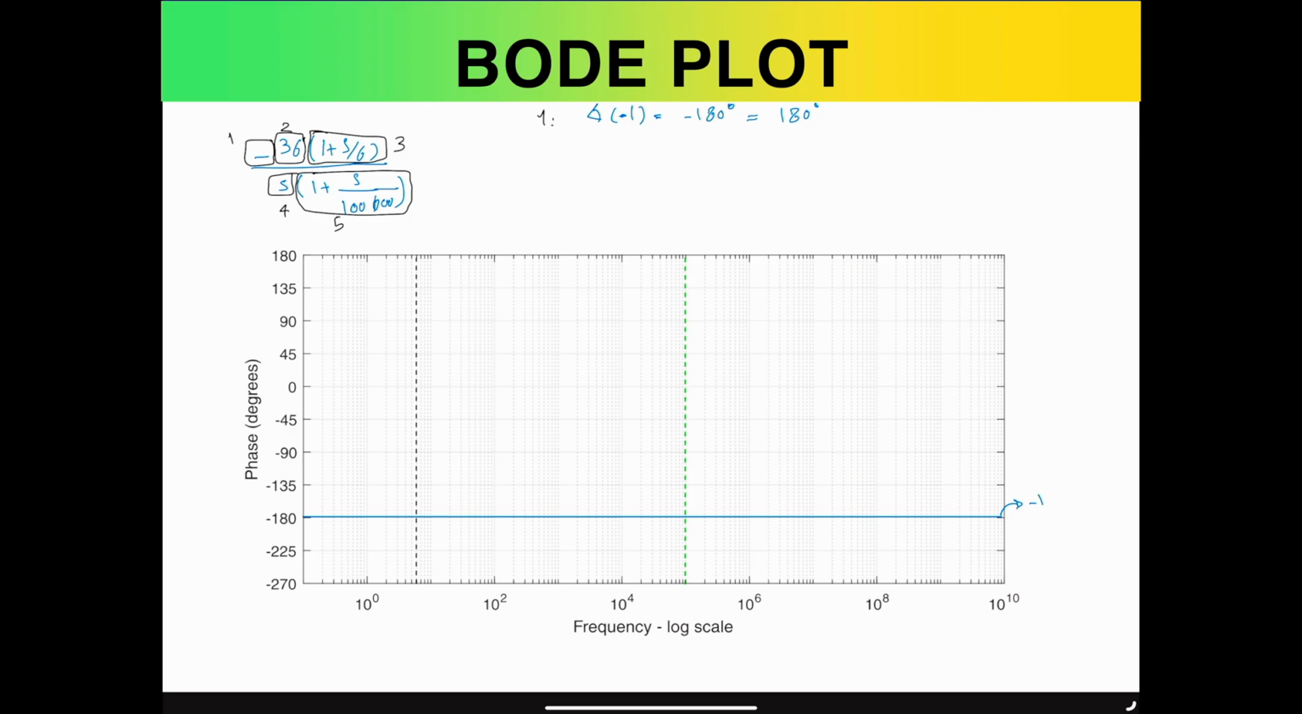Now, let's move on to the second one, which is 36, but the angle of 36 is going to be 0, so it's not going to add to any phase, and that's why we're not considering that. So let's move on to the third one, which is our zero, and that is going to be 1 plus s over 6. And we know that at omega equals 6, we have the zero. And the generic form of the phase diagram for the zero is such that the phase is going to be 45 degrees at the frequency of interest. And at this point,